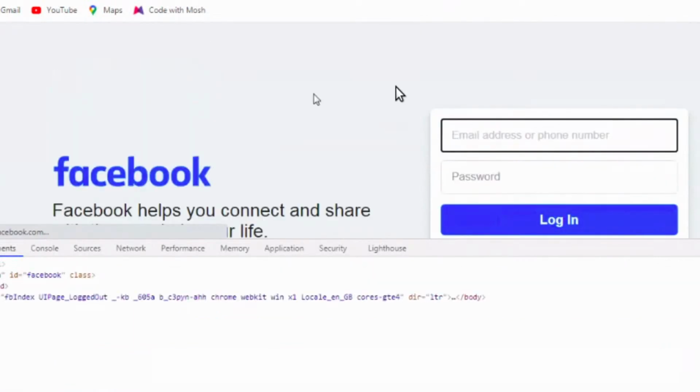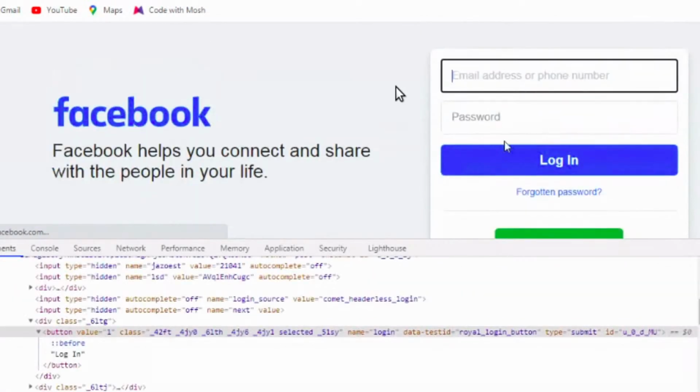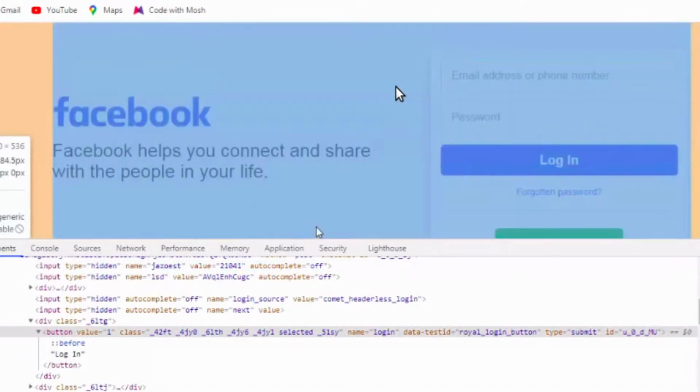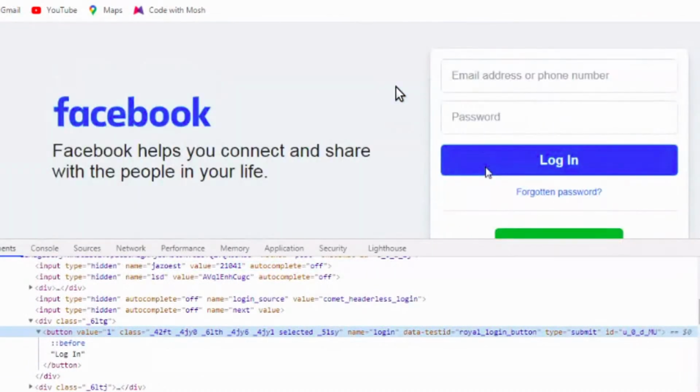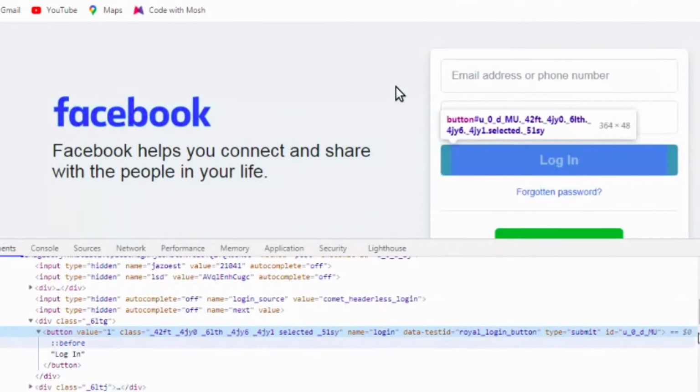Okay, let me refresh this page and again locate this login button. Okay, so we are getting a dynamic ID in this case.